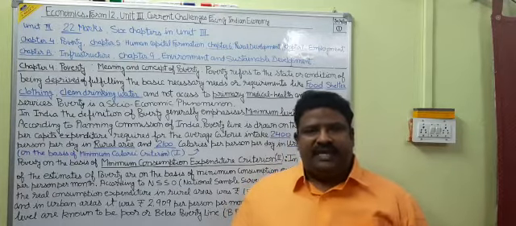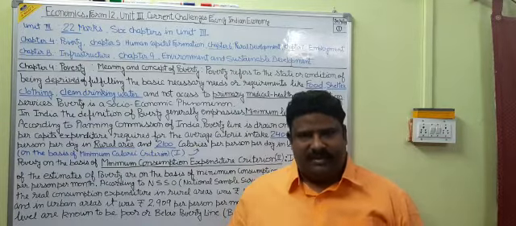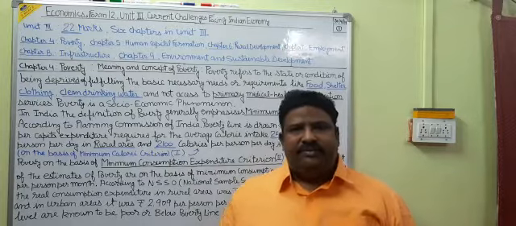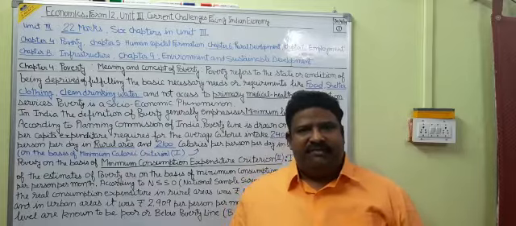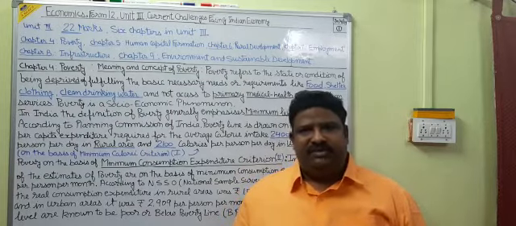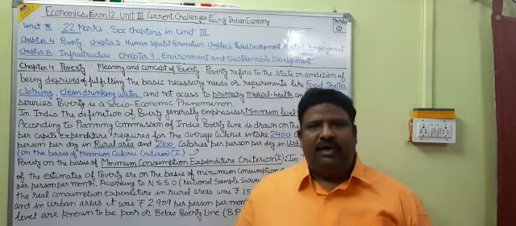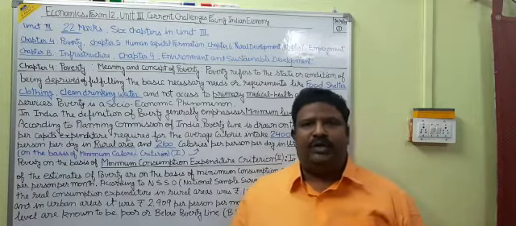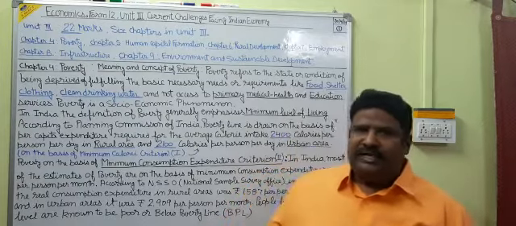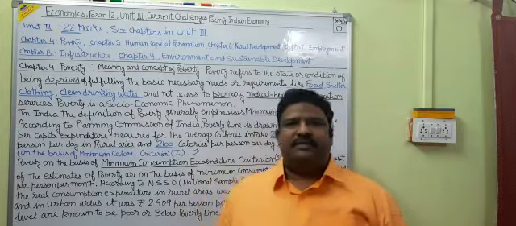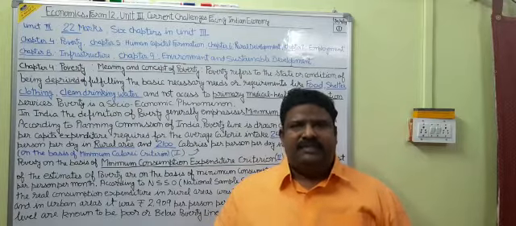Then in the second chapter of the first unit, we have seen the planning in India, means 5-year plans. In the second unit or third chapter, we have seen liberalization, privatization and globalization, which are better known as the reforms of 1991 or LPG reforms under the New Economic Policy, NEP. So these two units, unit 1 and unit 2, comprised 12 marks in your CBSE